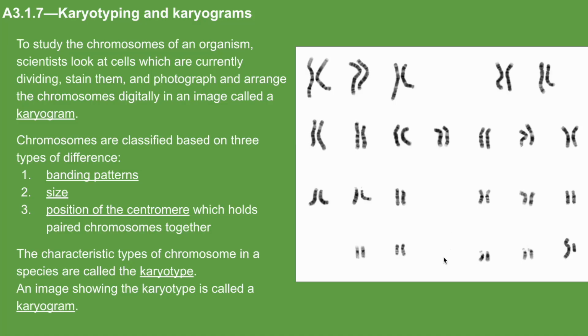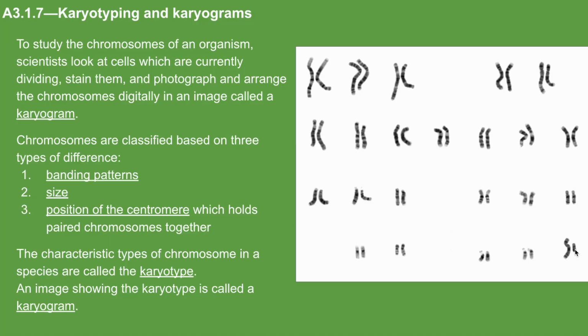Remember, we have 23 pairs of chromosomes. Now, our chromosomes are numbered in decreasing size order. So chromosome 1 is going to be the longest. And this is chromosome 1 you got from mom and chromosome 1 you got from dad. Here's chromosomes 2, 3, 4, etc. All the way down to chromosomes 22, which are the shortest. And then that 23rd pair of chromosomes are the sex chromosomes. And we're going to learn about how they're either X and Y or X and X,